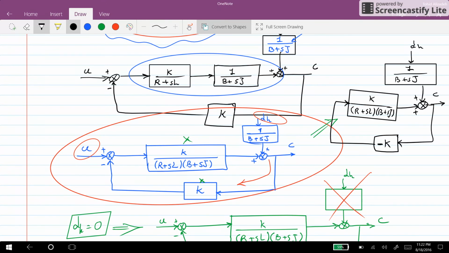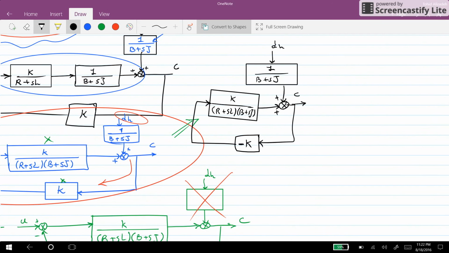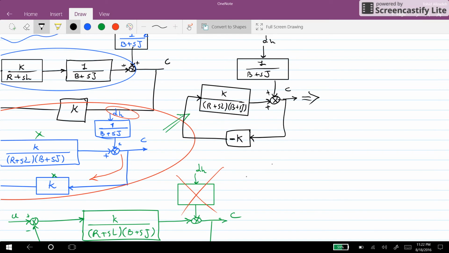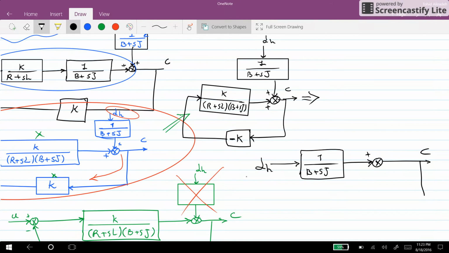Or we can just transfer the negative sign to the other side. However, from here, we can redraw it in this way. So here we have the edge 1 over b plus sj, summing point with positive sign. The result is c, the output of the summation point, and here we have